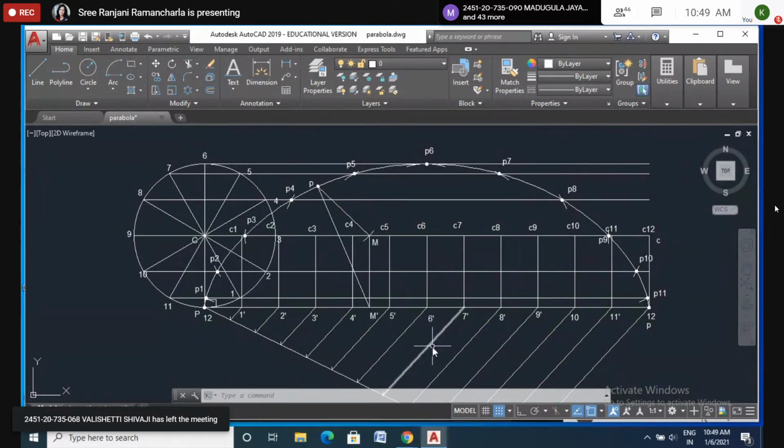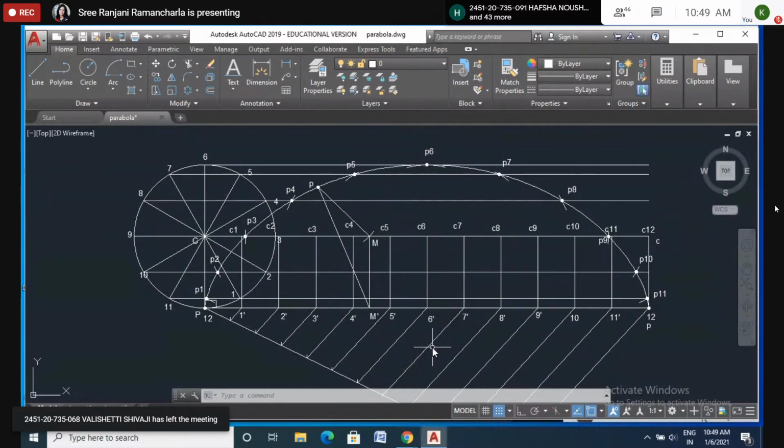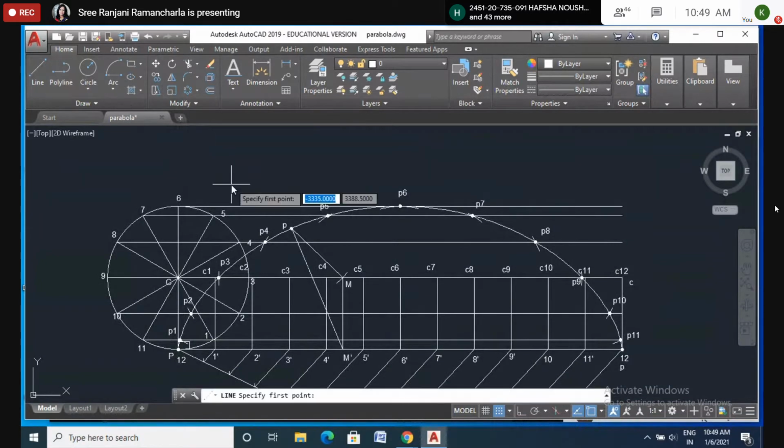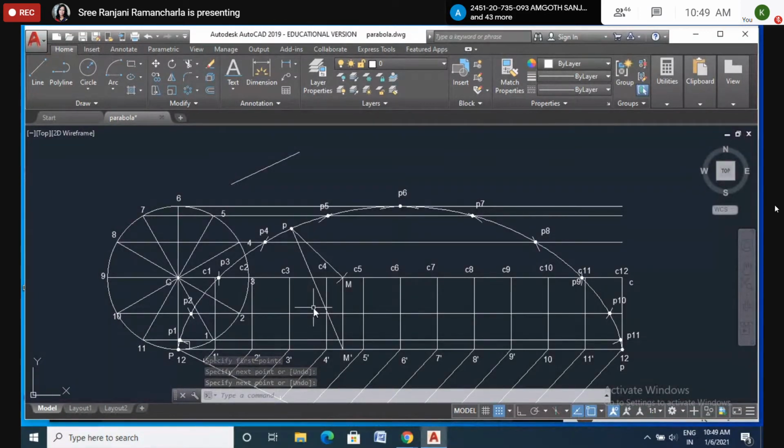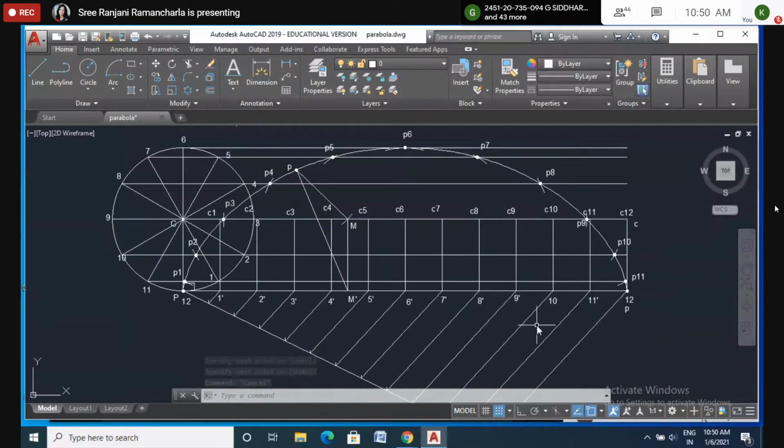Yes, finished all of you? Ma'am, the distance between C and C12 is 15, na ma'am? Don't take exactly 15. We got something like 15.7. If you don't do like that, this curve will go somewhere else. The proof of whether what you have done is correct or not is that the point P6 should come exactly above C6.